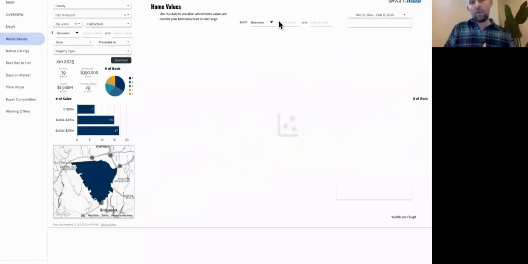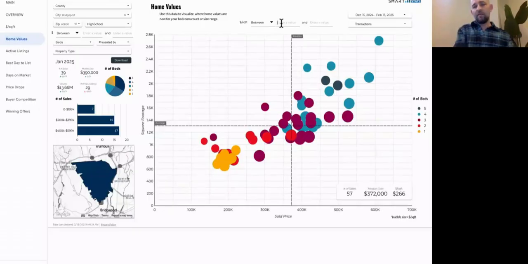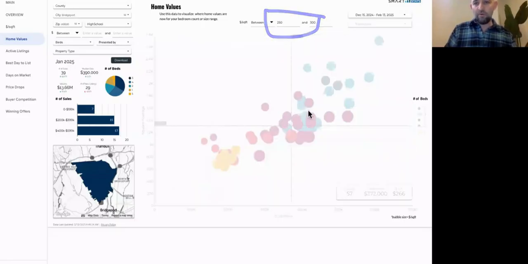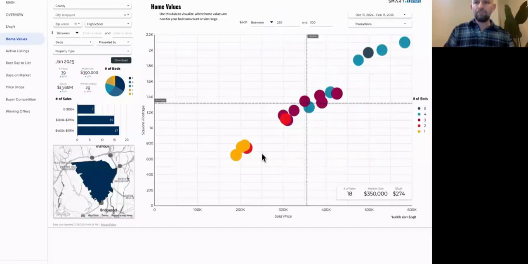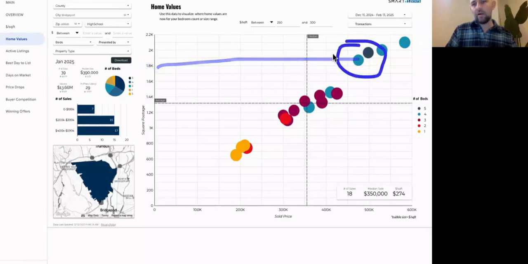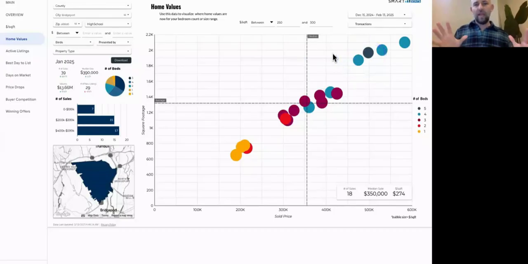If you want to go further with the pricing conversation, this is obviously a way to introduce pricing in the market, and we can take that same thing that we just looked at, which is 250 to 300 price per square foot. We can pop it up here on this table right here and basically show where the market is for their price, which may be 1,800, which typically brings them in here. And it's not a CMA, it's just a visual that helps to prime the pipes and get them thinking about where they might be landing.